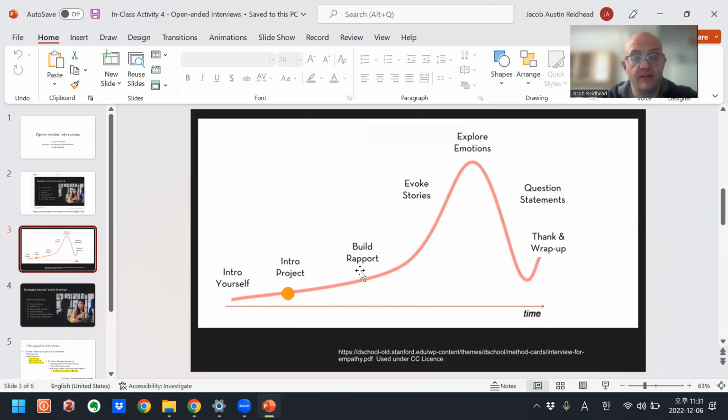And if they have any questions, like why we're doing this research, we want to get your point of view out into the world. So, building rapport.